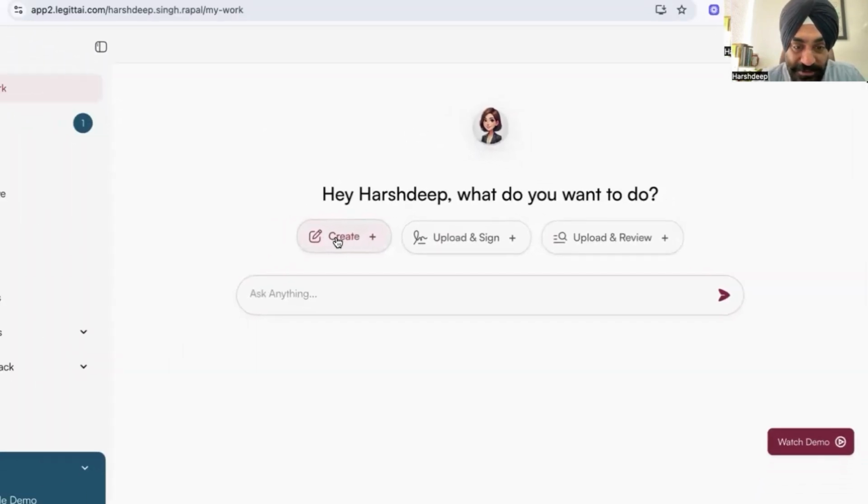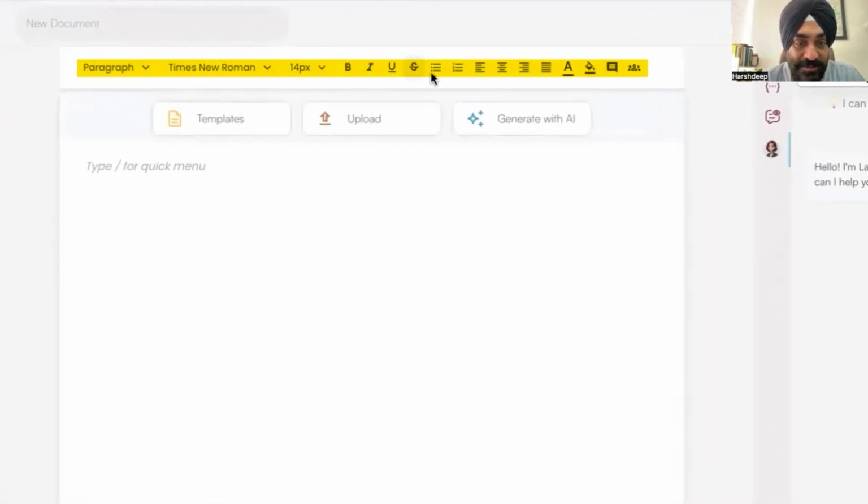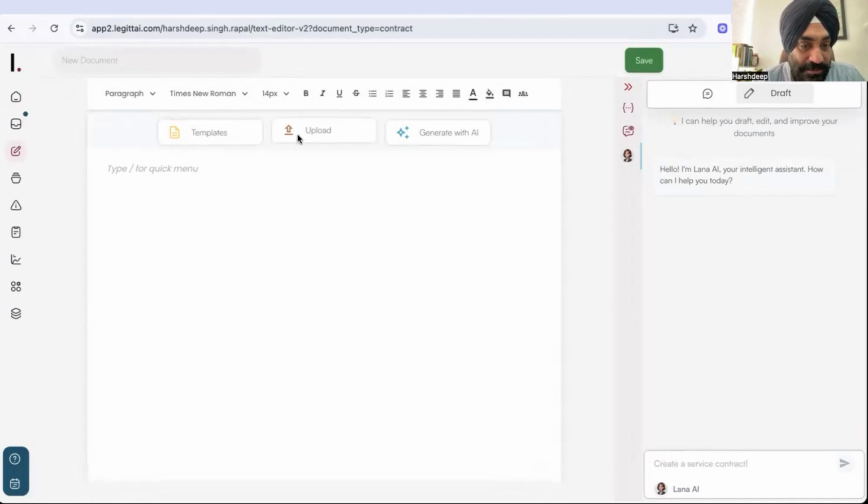Just click on create. Once you click on create, you land on the editor. There are multiple functionalities that you'll see here. You can edit. There is this formatting toolbar. You can upload a contract and then edit it, or you can use templates. By default, generate with AI is